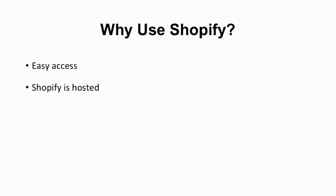This means that you do not need technical expertise to launch an online store with Shopify. All you need is inventory. Using Shopify allows entrepreneurs to focus on their business and not on the technical nuts and bolts of websites and shopping cart management. However, even though it's simple to use, it does not mean that Shopify is a bare-boned basic